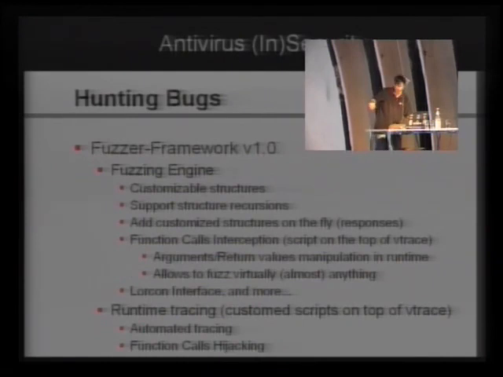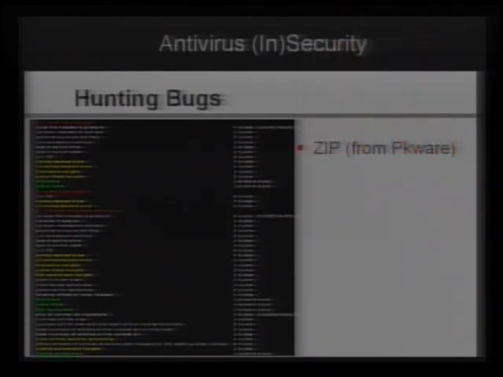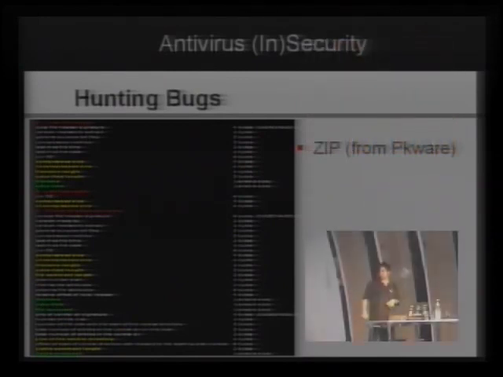I will skip this. This is my framework. It's a private one. It does many things that you can combine with other things. The more important thing is when you see the different colors. In this case, it's the zip file. The compression lengths and sizes are in yellow, the red ones are the different structures, and the green ones are string sizes. Other things could be very interesting when it comes to fuzzing. So those are the ones that you have to concentrate on.